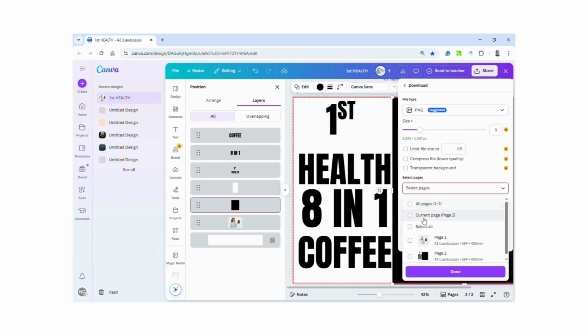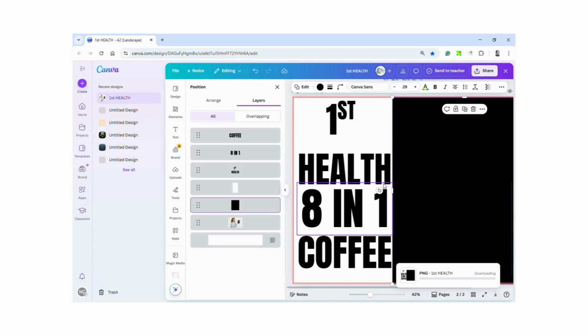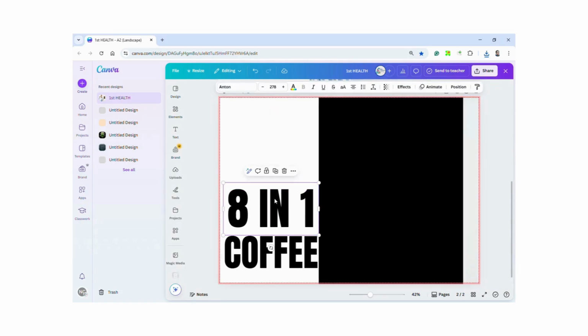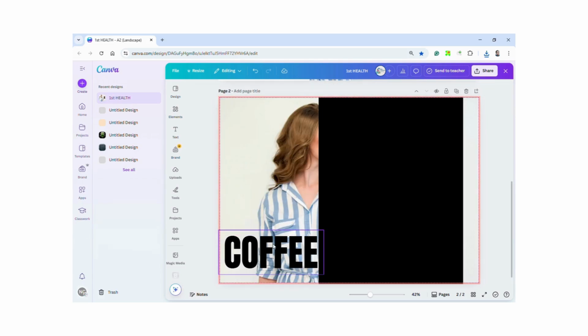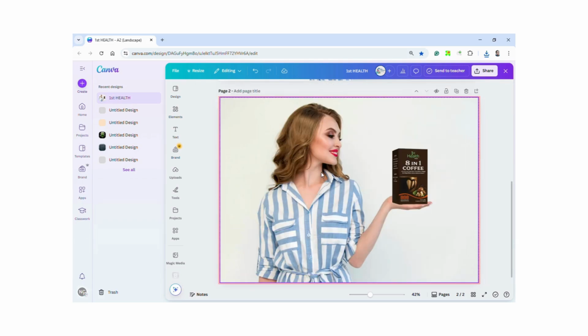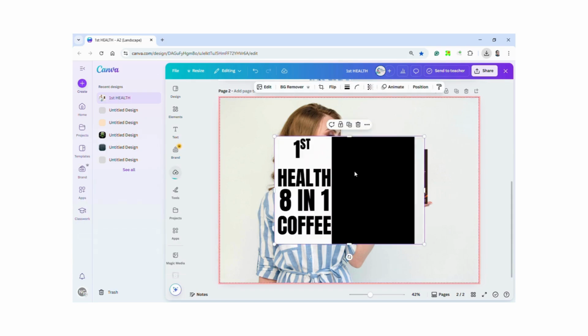Okay, make it PNG for clearer picture. Delete this. Delete everything. And let's just leave the first picture that we have. Okay, now let's upload again the one that you just created earlier. Right there, and go to apps